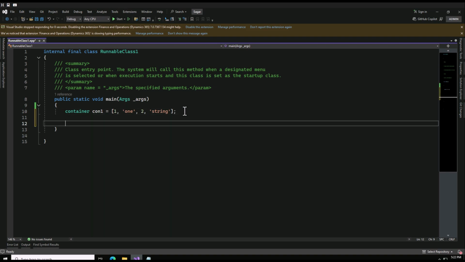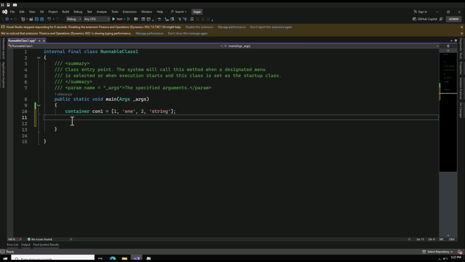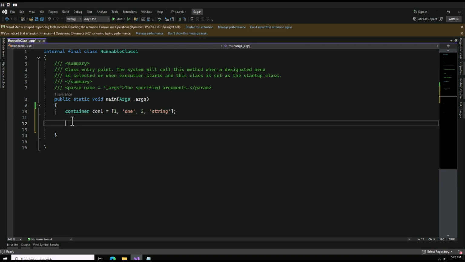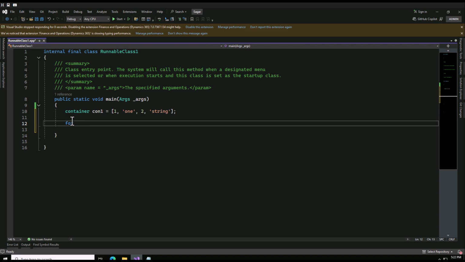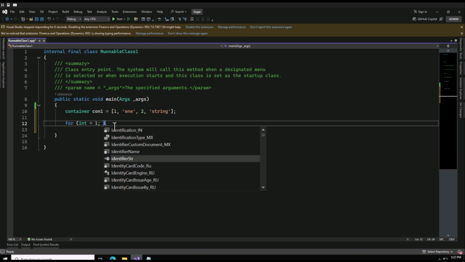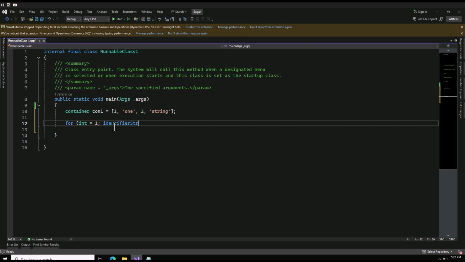Now we'll see a lot of functions about our container. Let's say you have a scenario where you want to iterate through elements of your container. In that case, we'll use a for loop here. So I will say for int i, I will say my integer as 1, and here I need to press Control Z. I will say i less than or equal to